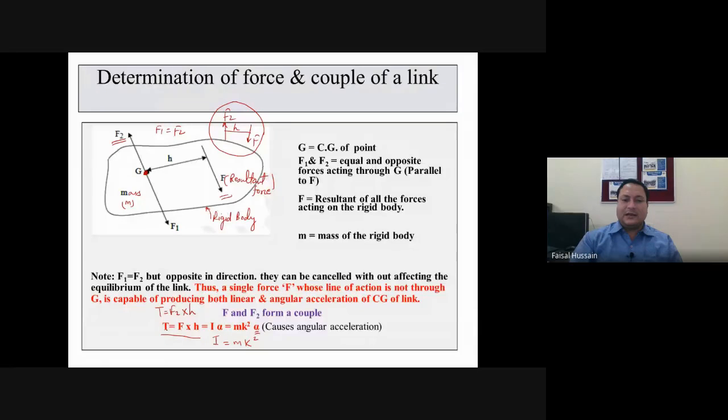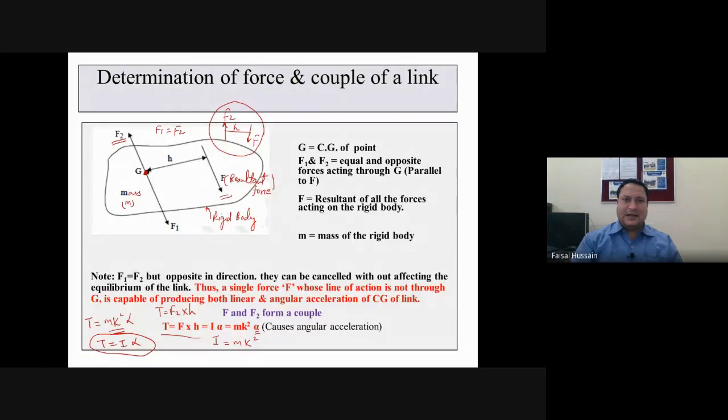So this is the basic equation for torque for determination of the forces and couple on the link. That is, torque equal to mk square alpha, where mk square is your I. Okay. So what we have learned from this